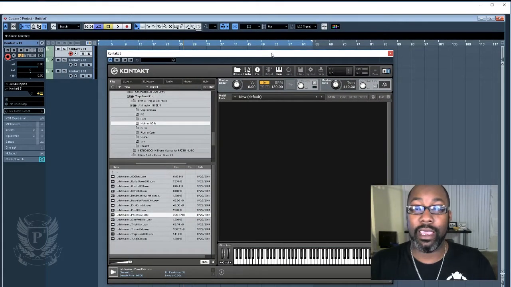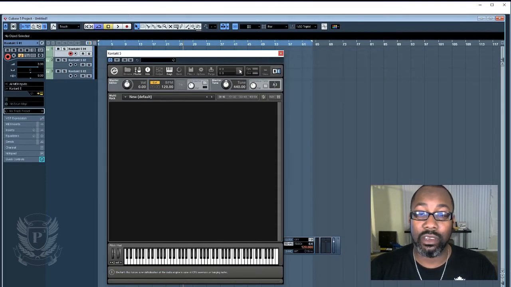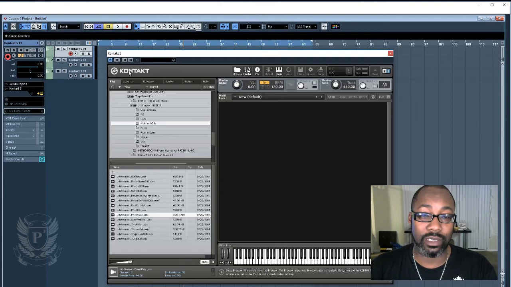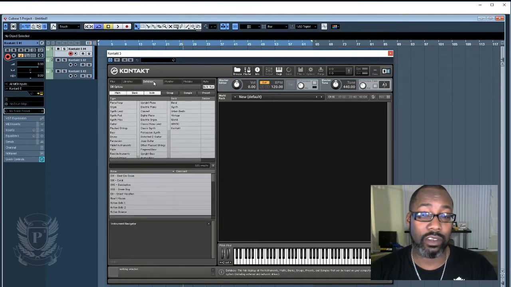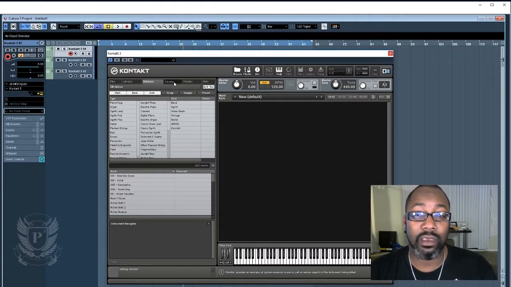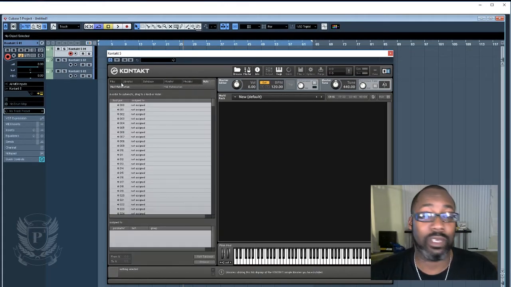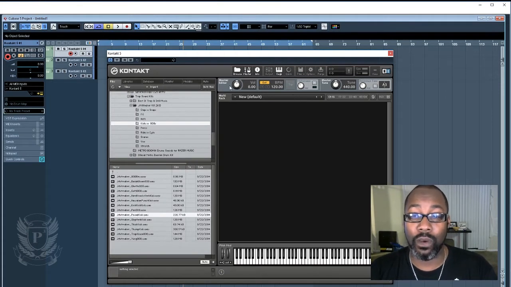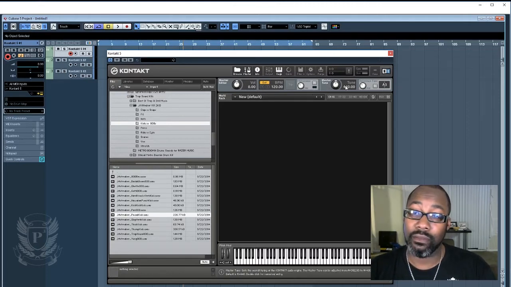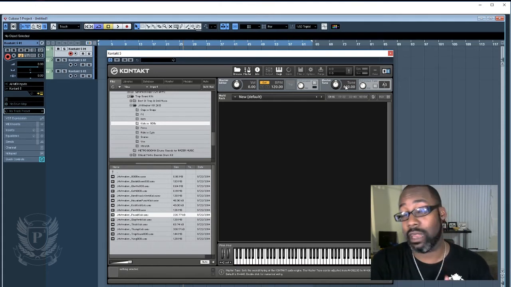So right here, here's the VST. Right here, you have the browse. You can actually close that out, and the browser is basically this area right here. It shows you exactly what's in your folder: if you have libraries, your databases for your instruments, your banks, your groups, your samples, your presets. You can actually monitor some of your instruments for your editing, your modules, all types of good little tricks and stuff here. On this area is where you can control the master volume for the editor, your beats per minute, your metronome, your tuner,